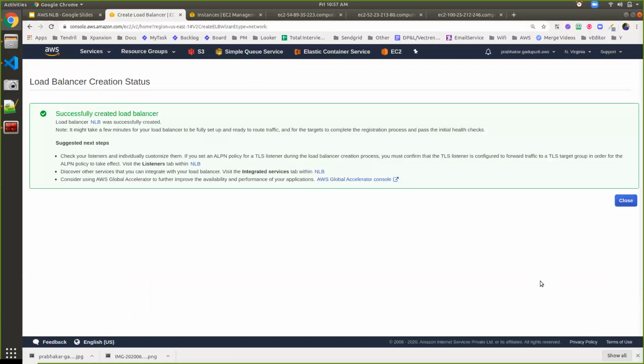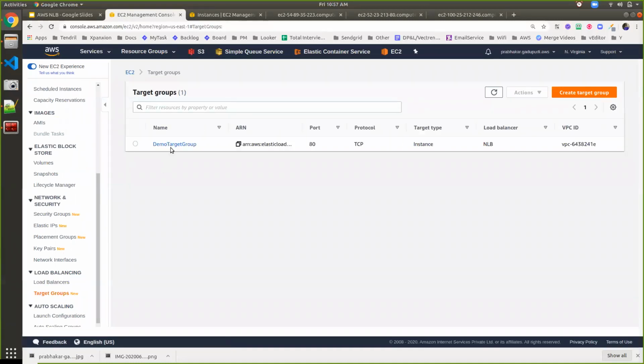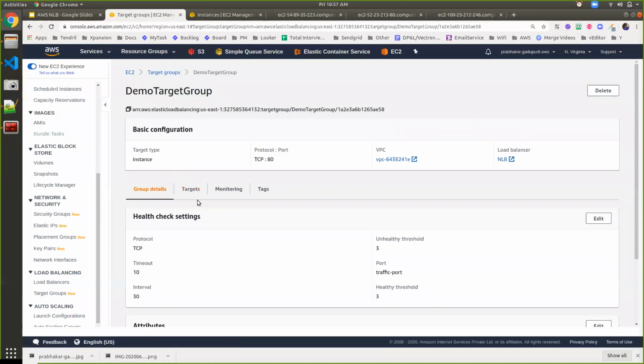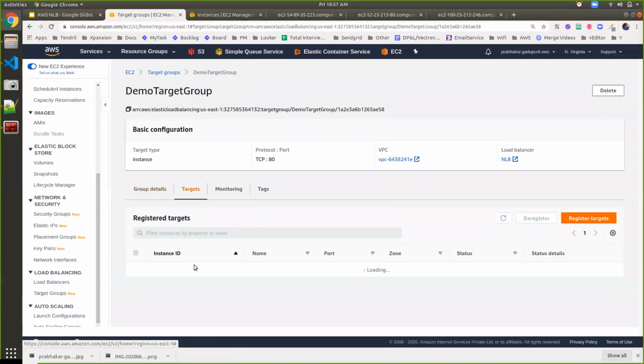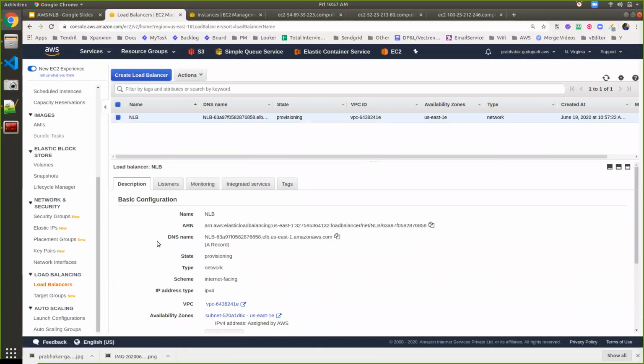Okay. Now if you see, I have created a load balancer. This is the load balancer name, NLB. And for the target groups, I have created a demo target group, which is targeted at the 3 instances. These are the 3 instances, whose status is initializing. Once they are healthy, only then can we go ahead and access the instances. It will take a minimum of 1 minute to launch all the instances and do the mapping and all. By that time, we can go ahead and discuss other configurations.